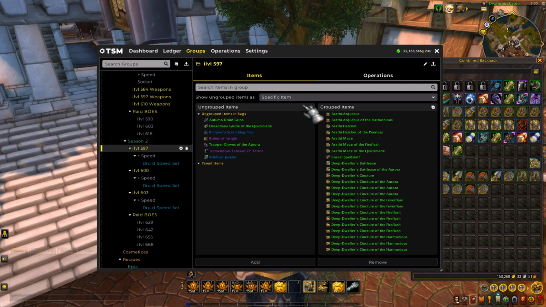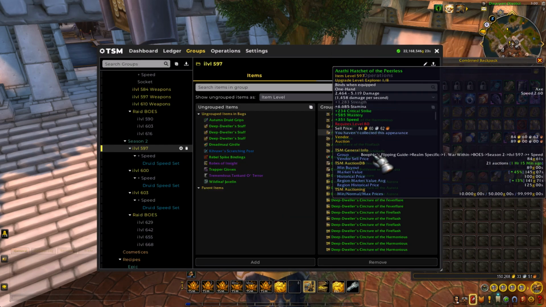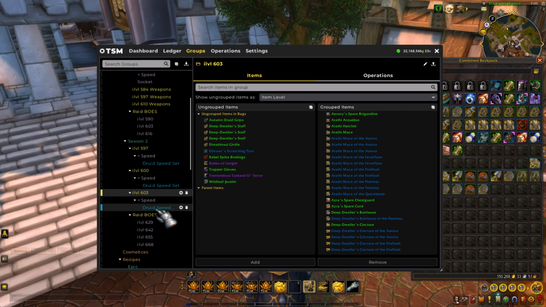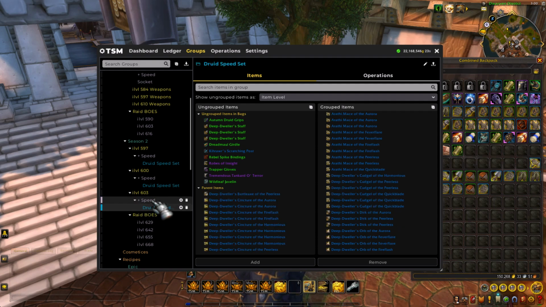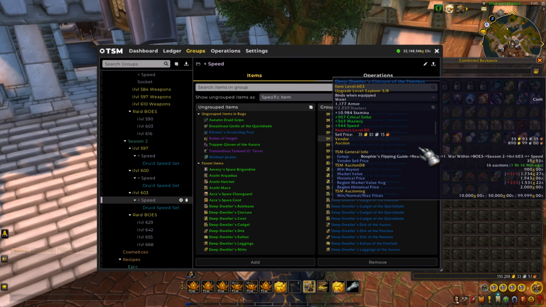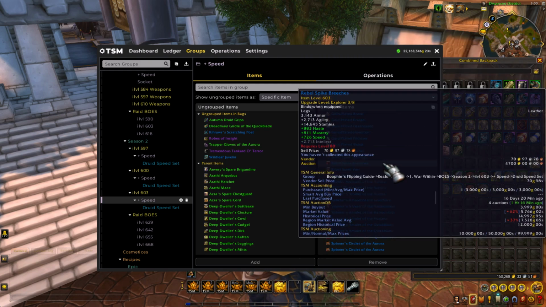If it is in the base group, you want to go off item level. That's how I have it set up already, and that's how you want to do this when adding items to these groups yourself. But over time, I will end up adding all the items myself. There are thousands of them, and the majority are already added. I'm pretty sure most of the ones that go off item level are added in all three of these. However, I think there may be some missing in the druid plus speed set and the plus speed with all the different specific items. As you can see, there's a bunch of these. If we go to plus speed, these are all the ones with plus speed. There's a lot to go through.